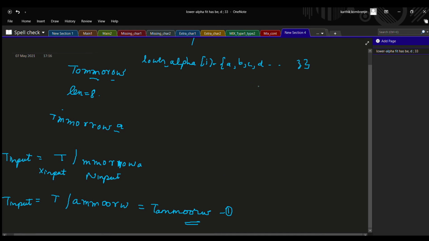Now there is a file. I will do the same thing with the file. First I will check if there is a length 8 word present over there. There will be many words present, and I will separate those words.